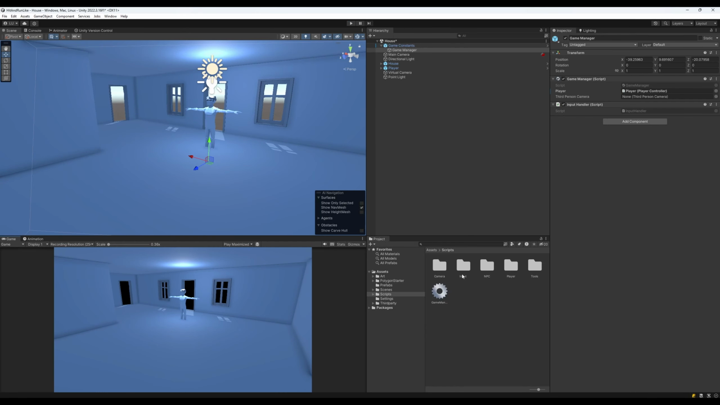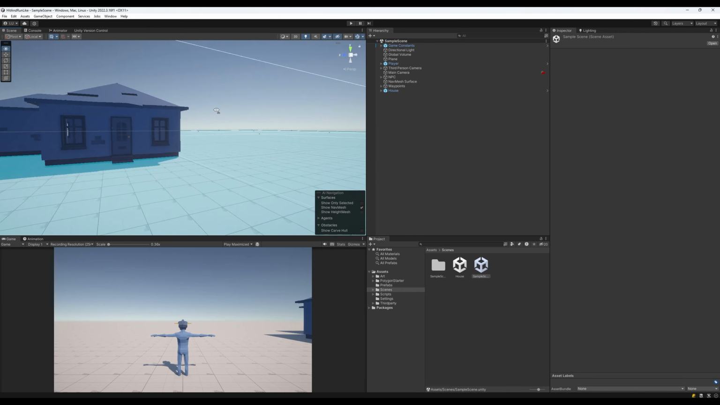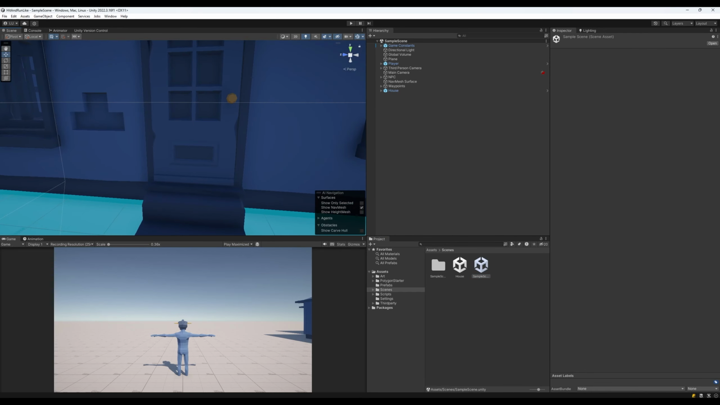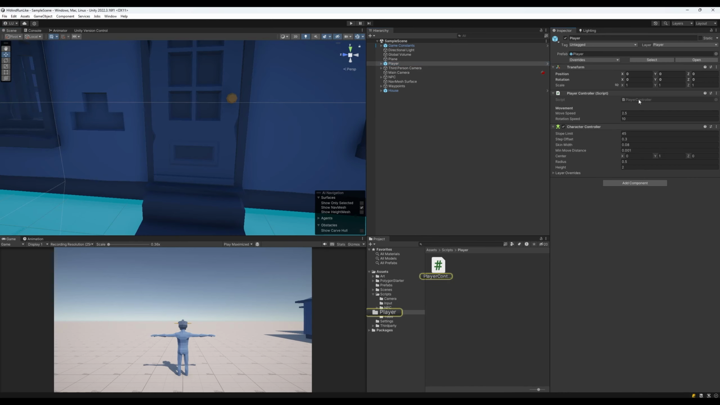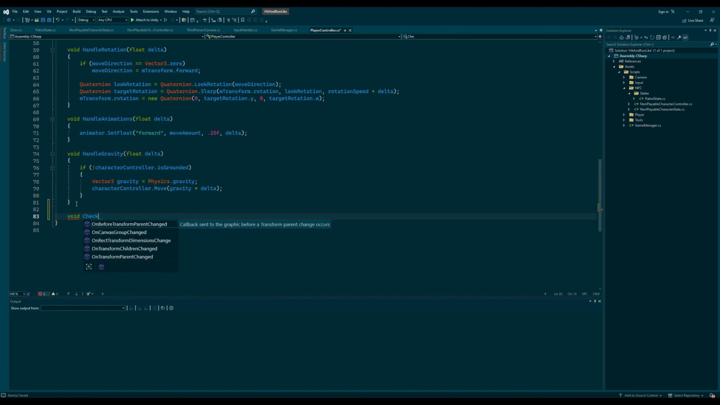So now if we go back to that scene, let's just Control S to save, back to the sample scene. So sample scene is the one we've been demoing in so far. And now we need to start working on the logic for detecting this door. So let's go to our player, double click, open up the player controller. Now we're going to create a new method called void check for door,